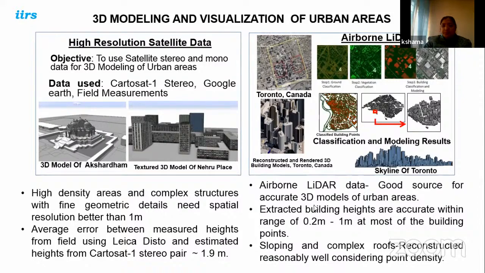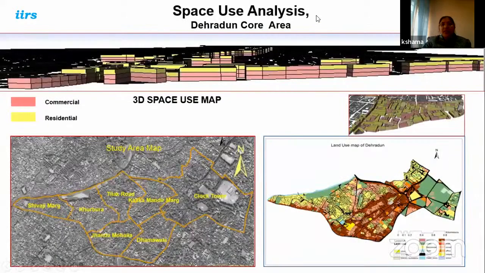So here this can be utilized for further analysis. Suppose you have the 3D building footprint map, and you know the land use or use of the building floors at different levels, like what is the use of the building at ground level, what is the use of the building at the first floor and second floor. This data can be collected from the ground, and then you can put that into visualization. So all this data is very good for decision making and even understanding what kind of development characteristics there are.